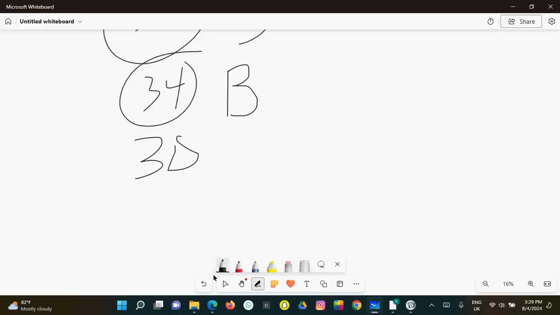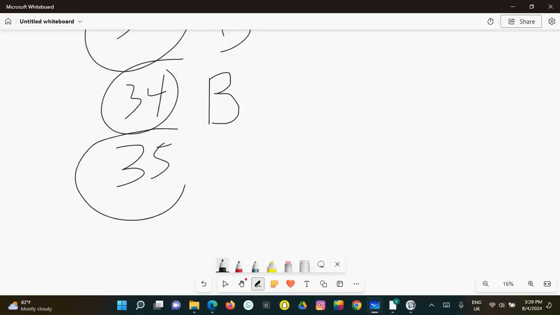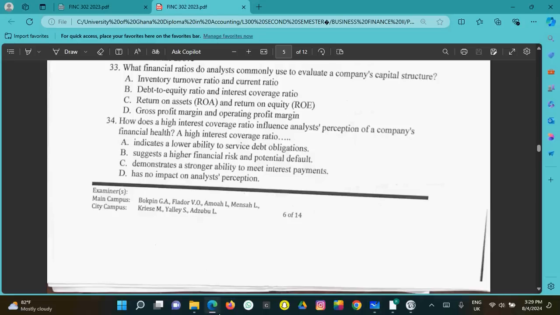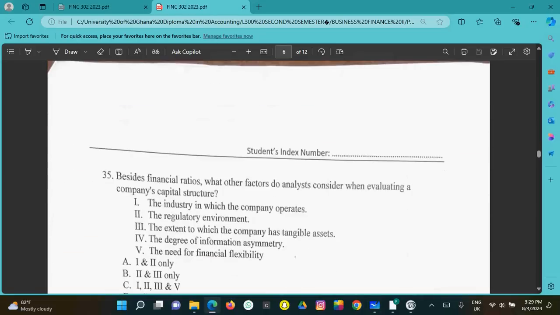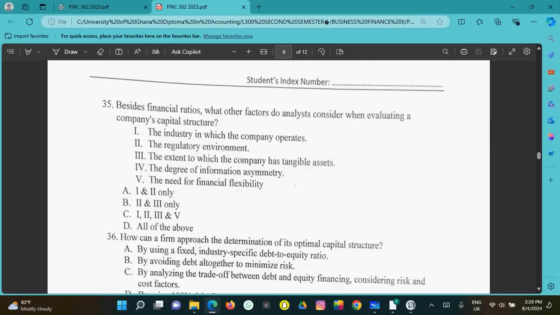35. Other than financial ratios, what other factors do analysts consider when evaluating a company's capital structure? So for 35, the answer is D, which is all of the above, because aside from financial ratios, right, then